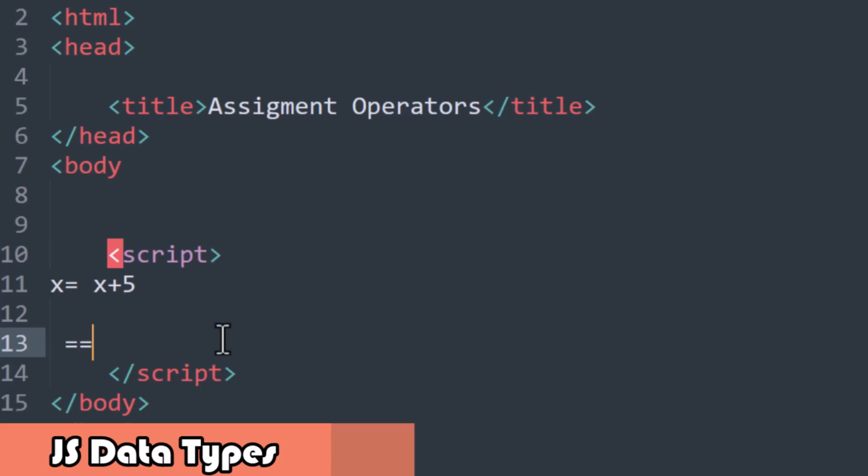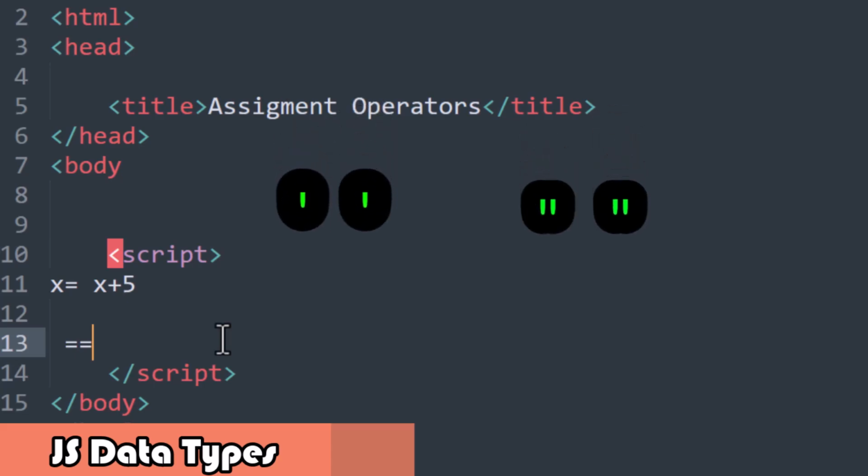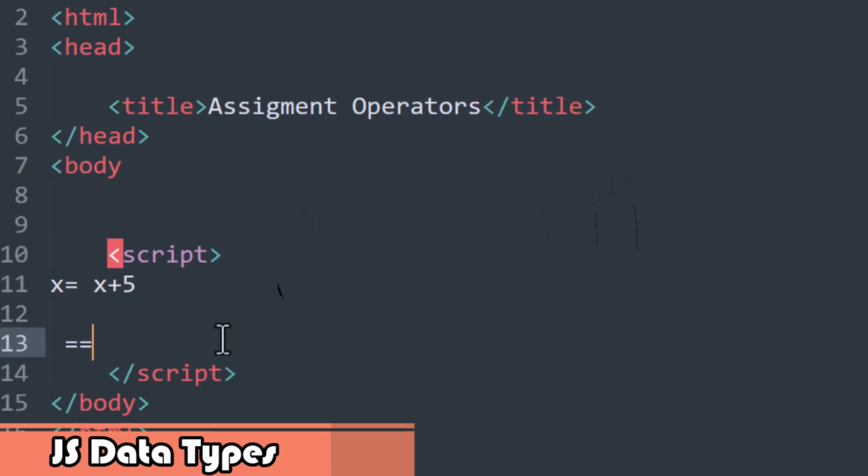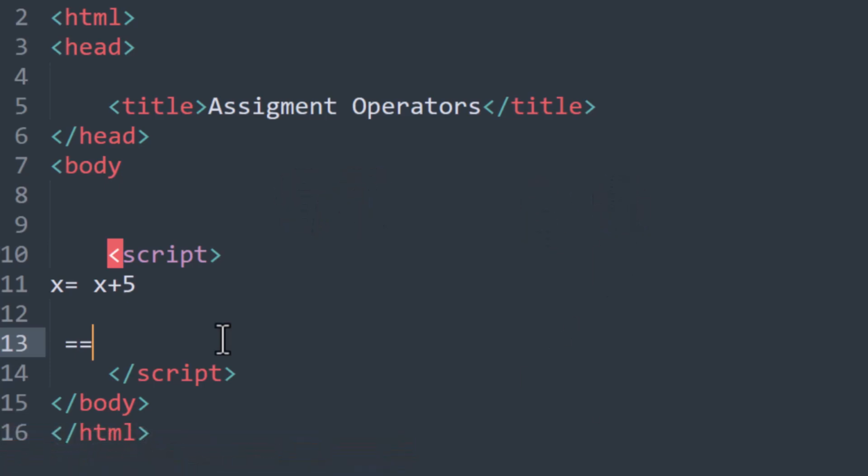JavaScript can handle many types of data, but for now just think of numbers and strings. Strings are written inside double or single quotes, and numbers are written without quotes. If you put a number in quotes, it will be treated as a text string. For example, if I